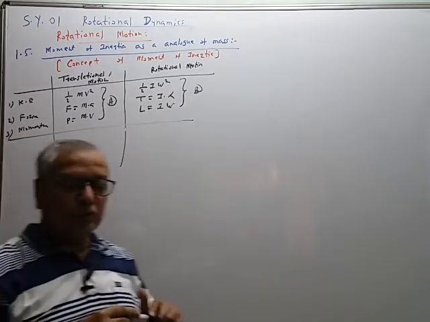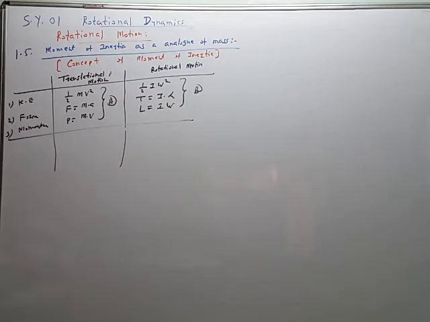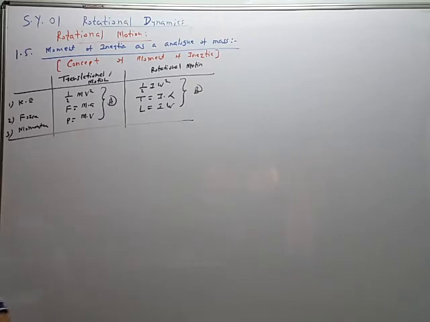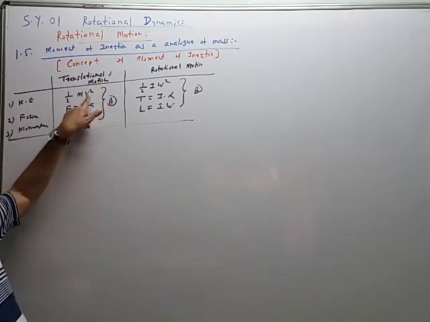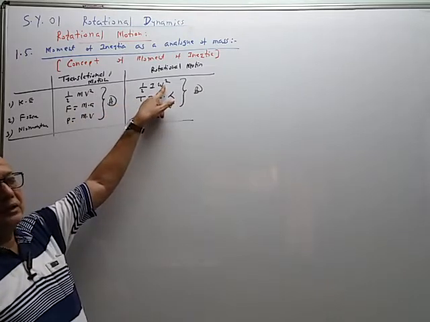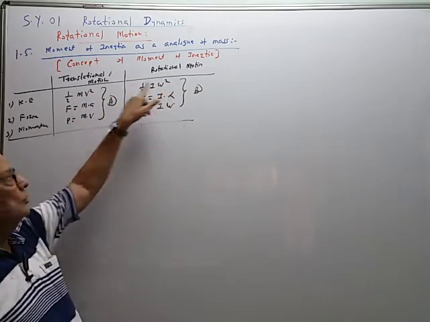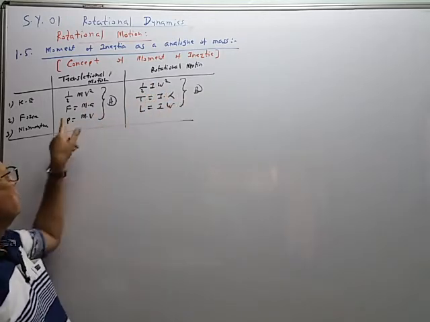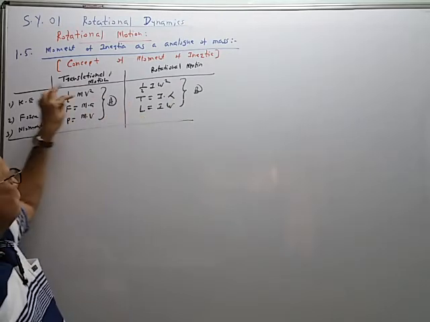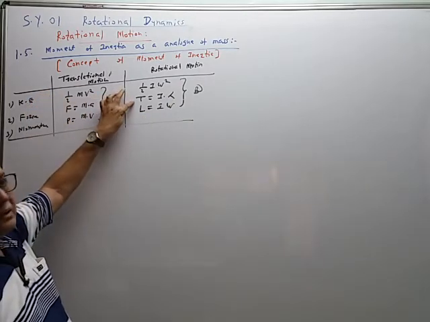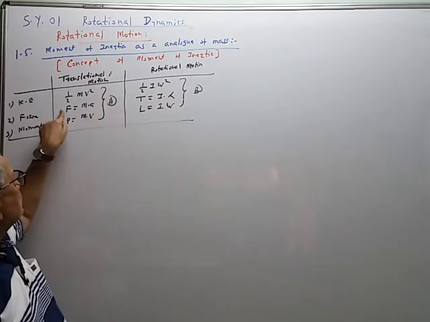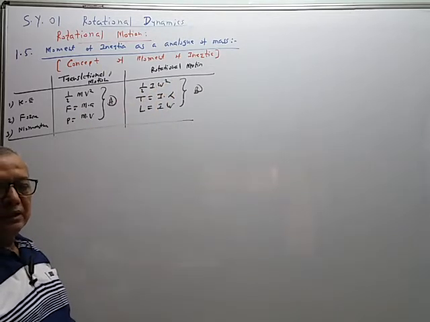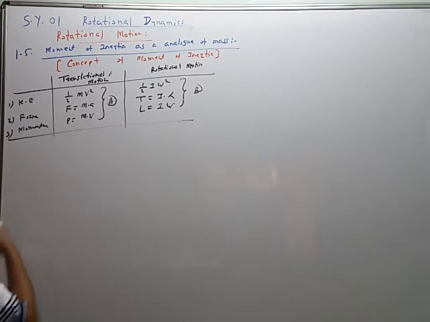So now if you compare the sets of equations A and B, then we can give the conclusion like this. In this equation, V is a linear velocity, omega is the angular velocity. This is the square of velocity. So V and omega are analogous quantities. A and alpha are analogous quantities. Force and torque are analogous quantities. Force is the cause of translational motion, torque is the cause of rotational motion. This produces the translational motion, this produces the rotational motion. So they are similar, analogous quantities. So comparison of equations A and B gives that.